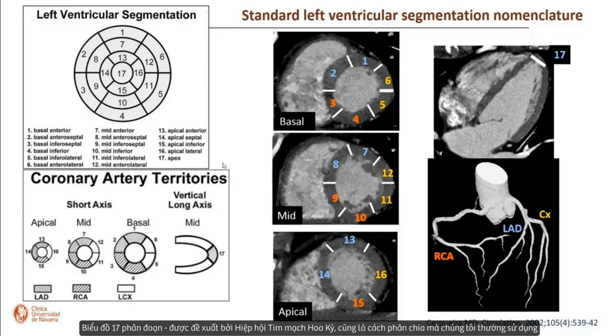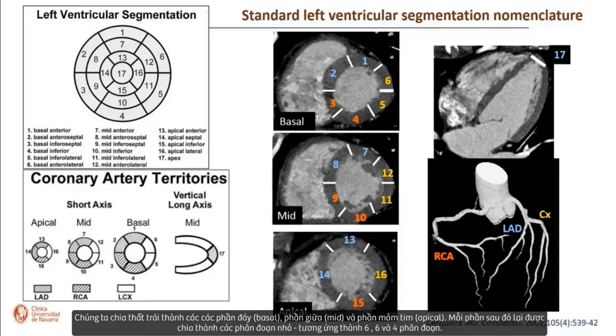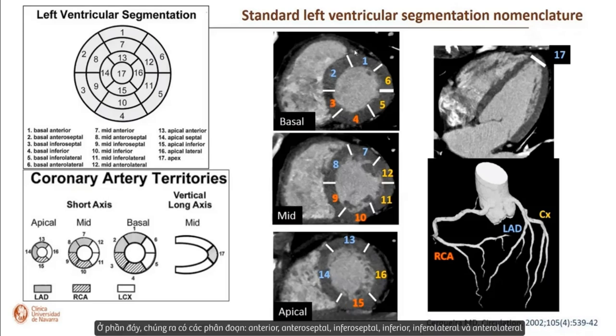We've got a 17-segment model, which is the one promoted by the American Heart Association and the one that we generally employ in our regular practice. We've got the basal, mid, and apical segments of the left ventricle, which are divided into 6, 6, and 4. When we're talking about basal, mid, and apical, we've got the anterior, the anteroseptal, the inferoseptal, the inferior, the inferolateral,